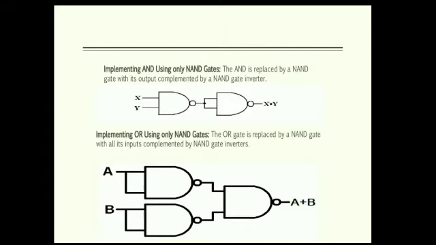If we arrange the NAND gates in series, we get a combination of NAND gates, and the result will be a kind of AND gate. If we arrange the NAND gates in such a way that A and B go to two parallel NAND gates and their outputs again go to another NAND gate, then we are implementing the OR gate.